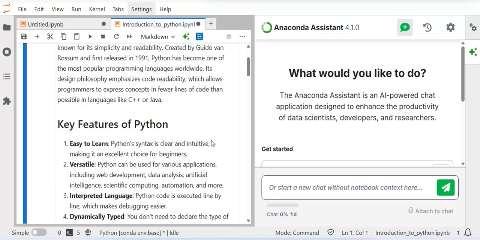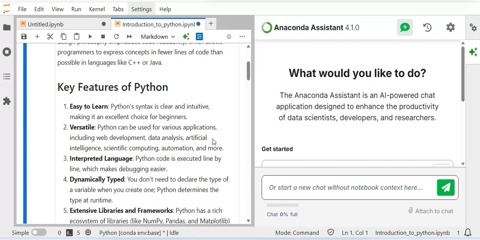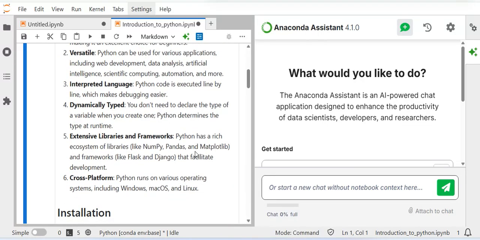But the most fascinating thing about Python is its key features. Python is one of the easiest languages to learn, with easy syntax. It's versatile because Python can be used for various applications, including web development, data analysis, scientific computing, and so on. It's also an interpreted language. What does it mean? It means Python code is executed line by line, which makes debugging very easy because your code is not run